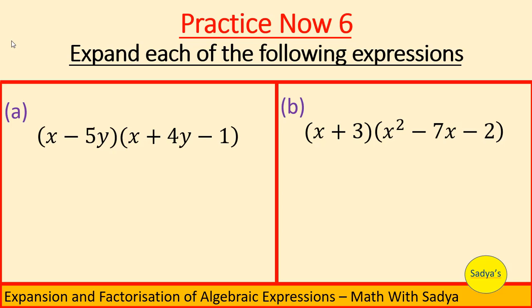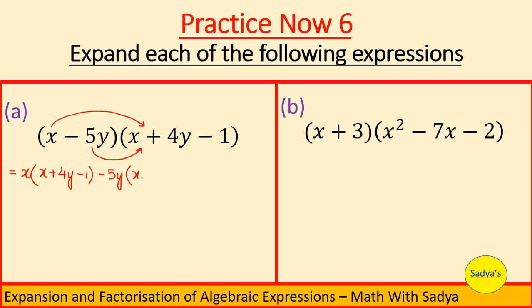The question is, expand each of the following expressions. And A part is (x − 5y)(x + 4y − 1). So here we can see two brackets and there is no sign between the brackets. So it means that the contents of first bracket are to be multiplied with contents of the second bracket. So x has to be multiplied with contents of this bracket and negative 5y has to be multiplied with contents of the second bracket. So we write it as x into (x + 4y − 1) and then minus 5y